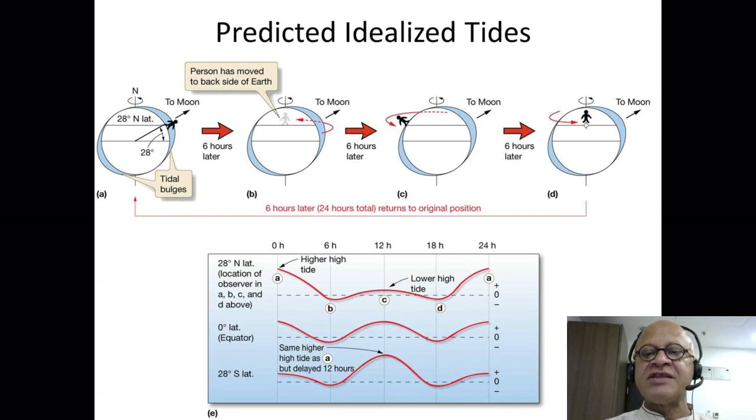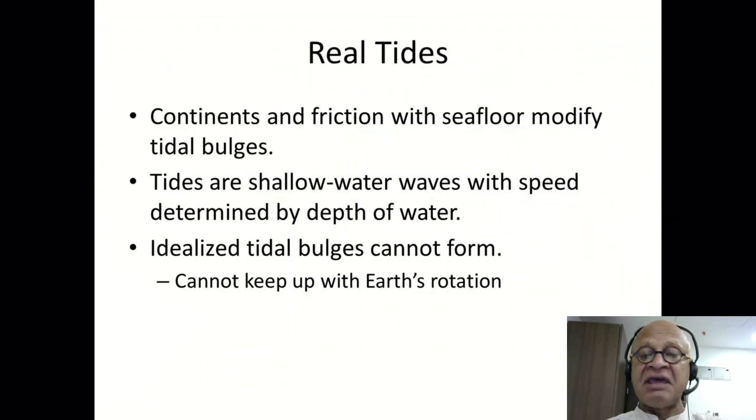So if you look at 28 degrees south, let's say Gulab Singh went to Australia and he was standing at 28 degrees south. Then you will have this kind of a chart where the higher high tide is now delayed by 12 hours compared to the higher high tide in the northern hemisphere, right? That's out of phase. You're in the opposite hemisphere, moon is over there, so you have a delayed higher high tide. It's very simple stuff. Just stare at it, make sure you understand, and move on.